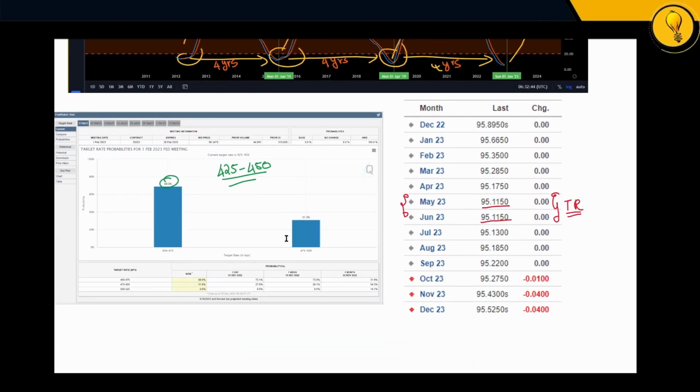But first, we'll be talking about the FOMC meeting coming up in Feb, the 1st of Feb. Yes, it's going to be very important, and it's playing a pivotal piece of the puzzle. And this discussion over here is going to play a pivotal role in adding confluence to our thesis, because this bar graph along with this table together is indicating a possible end to the rate hiking cycle.